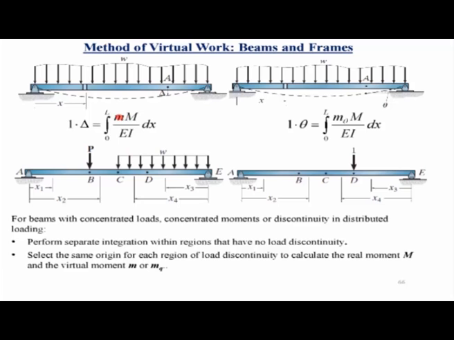Now, the one thing you have to remember is that the origin that you use to express the moment due to virtual load and the moment due to the external loads has to be the same. You cannot use different origins for calculating moment due to virtual load and external loads. If you look at this beam here, it has 3 different regions where separate equations of moment will be required. If you have to calculate this deflection at this point D, you have to apply a virtual load here. So that makes it 4 different regions. One is between A and B, one is B and C, one is C and D, and the last one would be D and E.